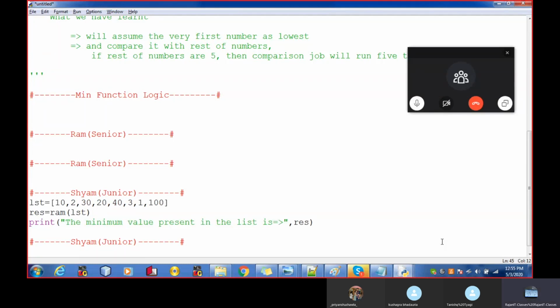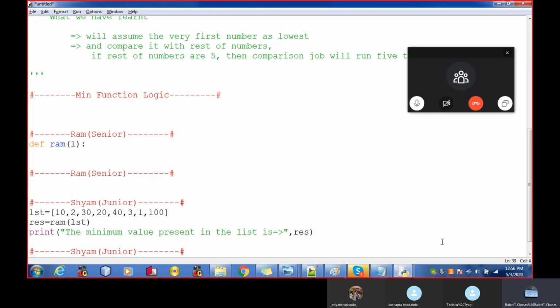Let's see the job of Ram. Whatever is in the list, Ram has kept in L. So as I said, we will assume the very first number as the lowest number.